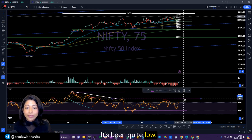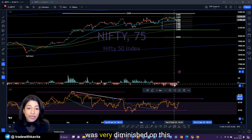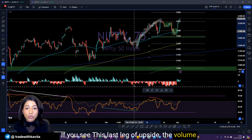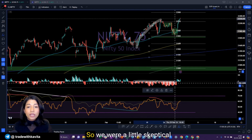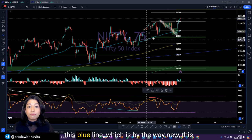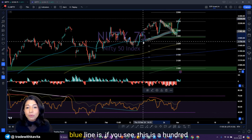It's been quite low. Also, the volume activity was very diminished on this. If you see the last leg of upside, the volume activity here had been quite diminished. So we were a little skeptical about what was going to happen. But once this correction happened, and this blue line, which is by the way new, this blue line is, if